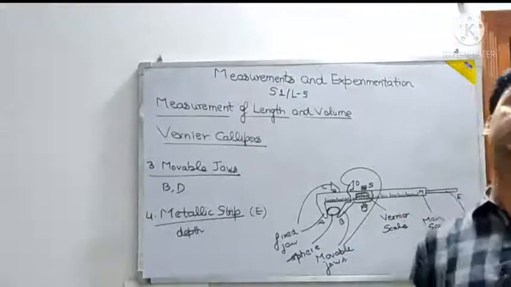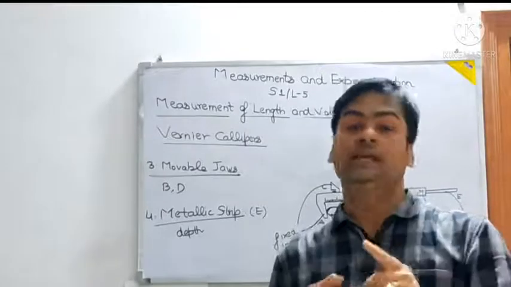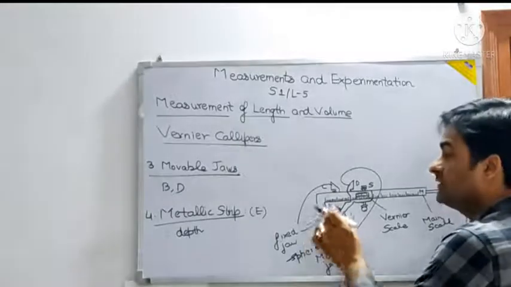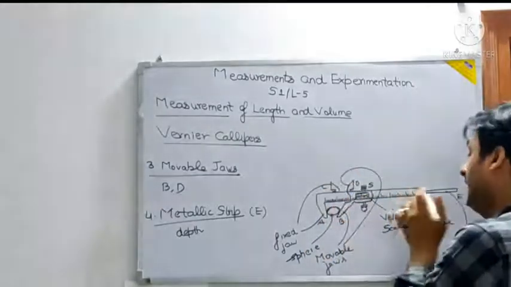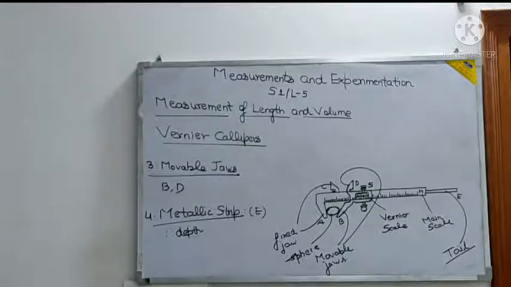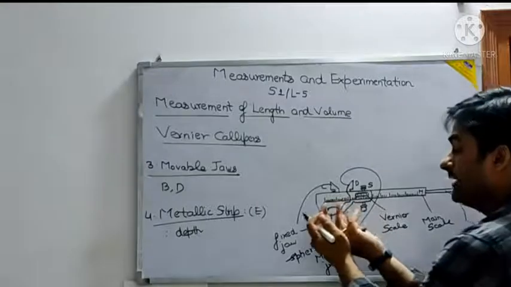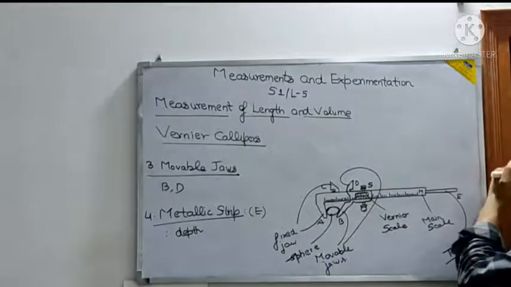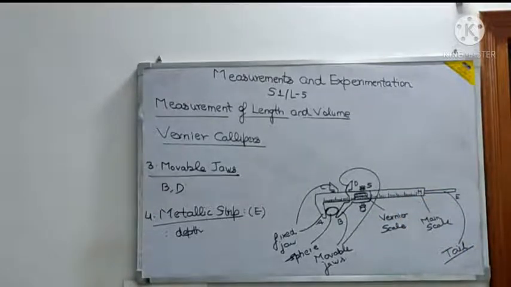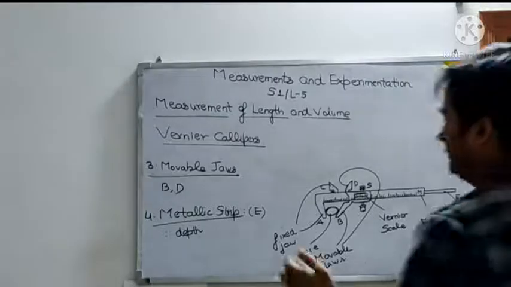I had told in the previous lecture itself that the vernier caliper is used for measuring three things. External dimensions, where by the jaws A and B you will measure the external dimensions; by the jaws C and D you will measure the internal dimensions; and by the tail E or metallic strip you will measure the depth of any object. When the jaws A and B touch each other, the edge of the strip touches the edge of M. When the jaws A and B are separated, E moves outward. That means when A and B are moving farther apart, this tail will move outside, on the right hand side. This strip is used to find the depth of a vessel.